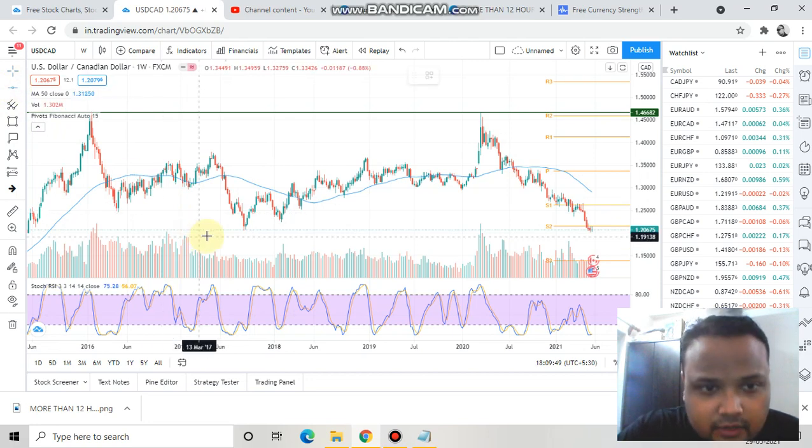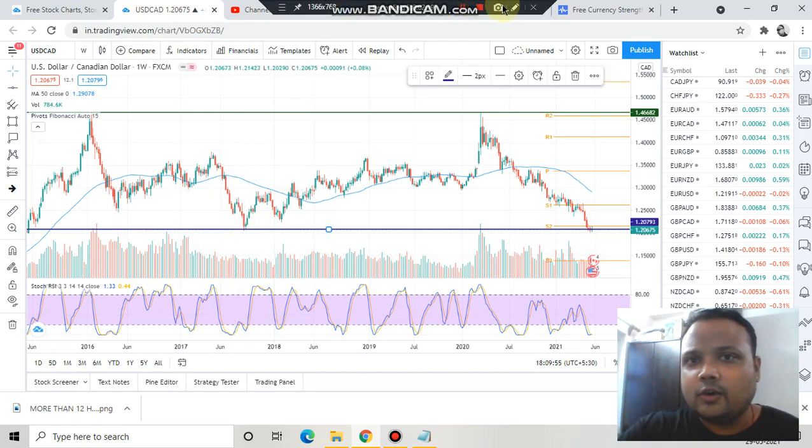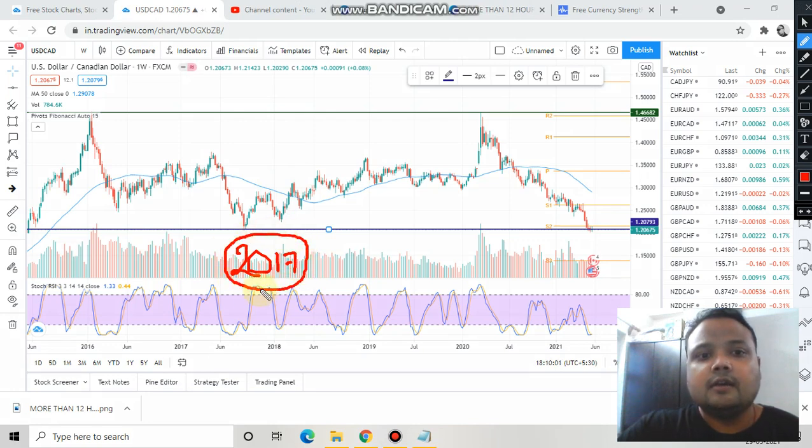There was a support available at this price level, and I have already mentioned that this support level is very old. This support level belongs to the year 2017, and this support level is still a valid support because, see, in the year 2016,